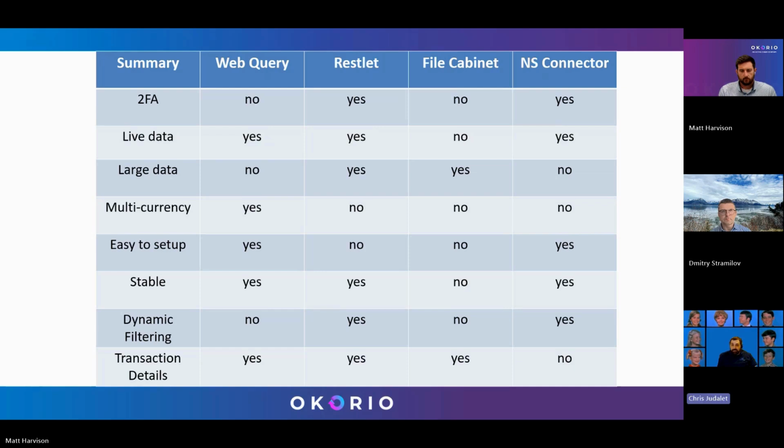I would say, and then I guess we'll wrap up a little bit with this: our clients use web queries 99.9% of the time. And the reasons being because you have a lot of yeses in that little column, and in some of the no's, the no's are not particularly troublesome or time consuming from a maintenance standpoint. So like the dynamic filtering, that is such a small drop of water in the ocean as far as the maintenance goes, 30 seconds a year, so that you can now have access to so many different fields,